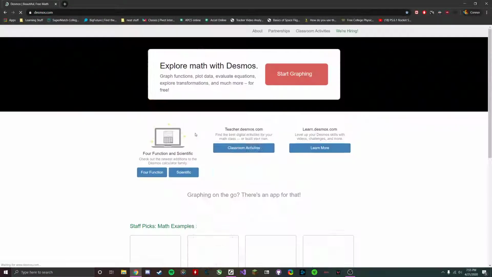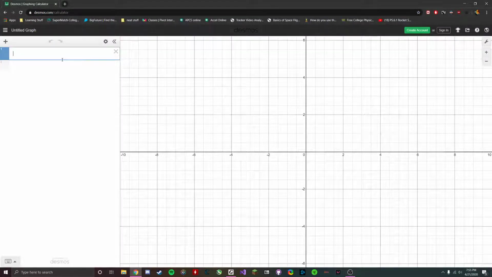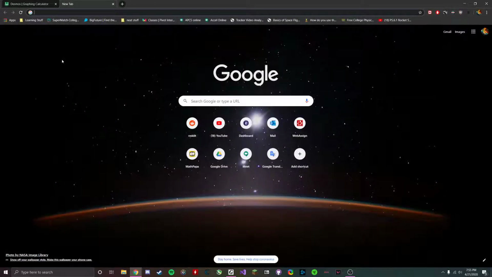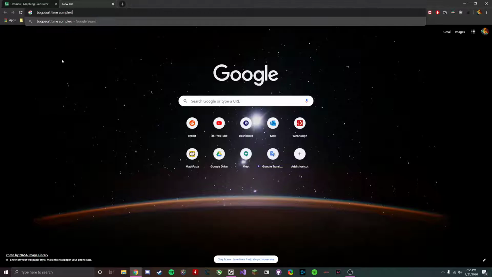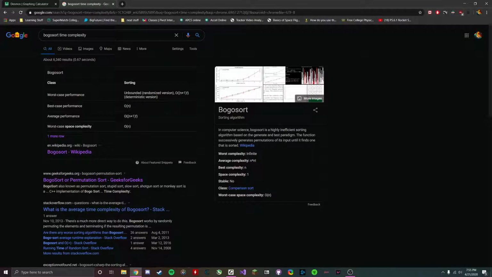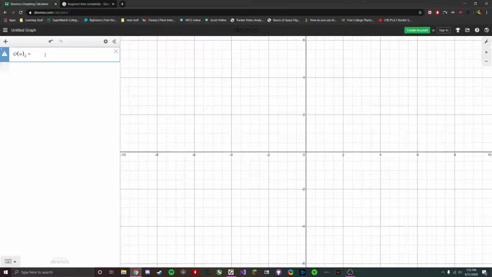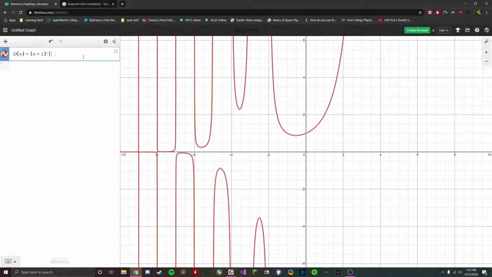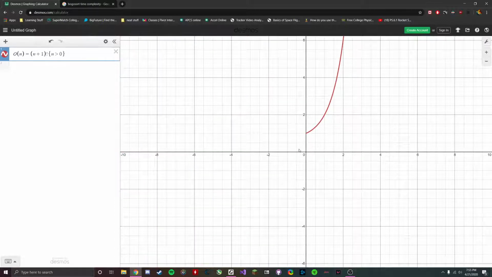But if I go to Desmos, we're going to graph it. We're just going to say O of n equals, and this will be for Bogosort. I don't remember it off the top of my head, so we're going to Google it. Average performance of n plus 1 factorial. So we'll just do n plus 1 factorial. Oh, whoops. Gotta fix that. Where n is greater than 0. So as you can see,